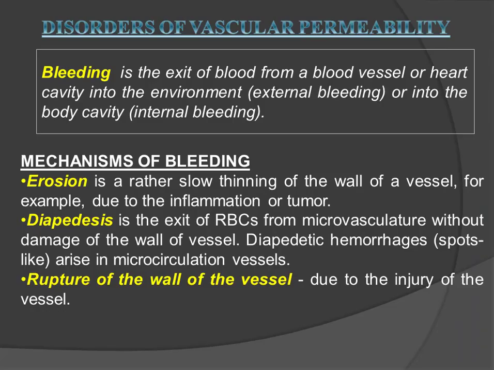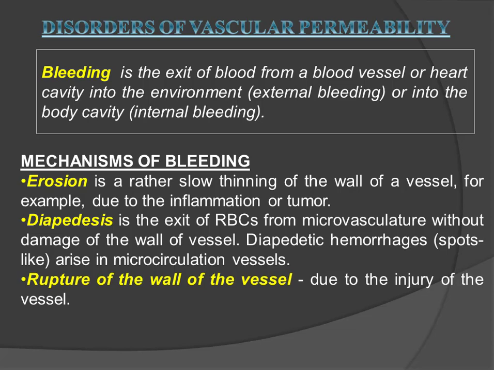In the next part of our lecture, we talk about disorders of vascular permeability. Disturbances of the permeability of the vascular wall are pathological conditions caused by disorders of the vascular wall, leading to violation of its integrity and permeability. In pathological conditions, disturbances of vascular permeability are often characterized by increased permeability and include two main types: